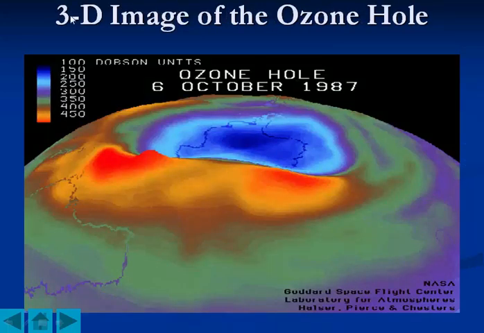So here is a 3D image of the ozone hole. Back in 1987, they observed for the first time that there is a huge hole in the ozone layer, and that is at the Arctic zone. Because of depletion of the ozone layer, the solar rays directly start reaching the ice cap, and there is a fastening of the melting process of this ice cap. And you know what the consequence of quick melting of ice will be: it will raise the sea level.